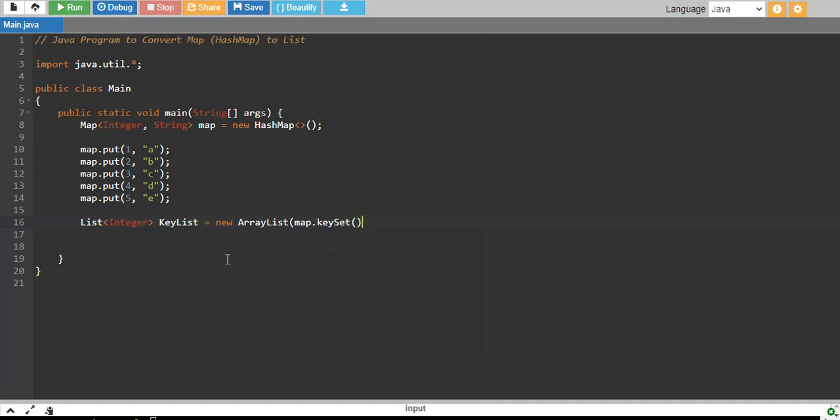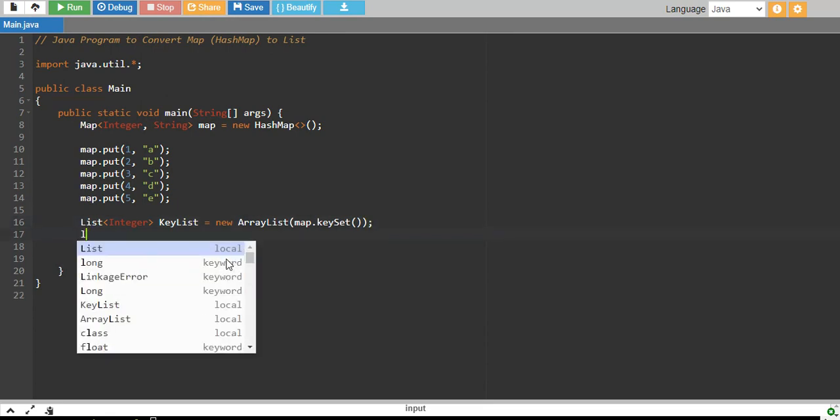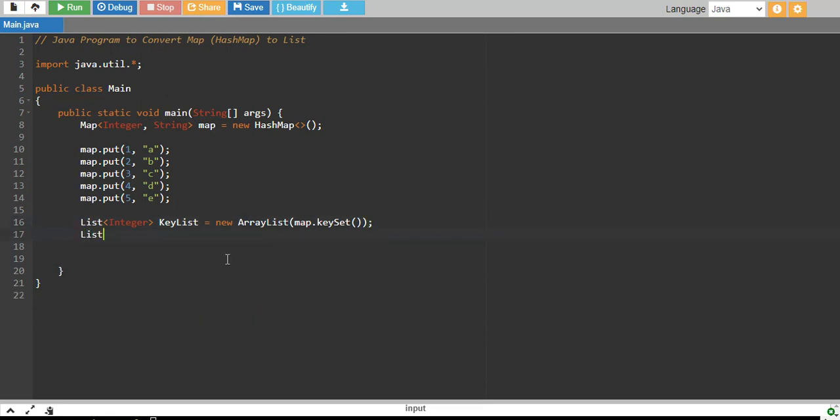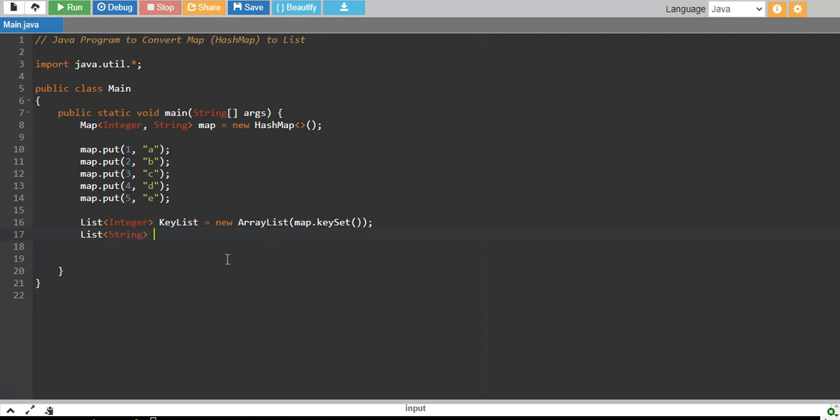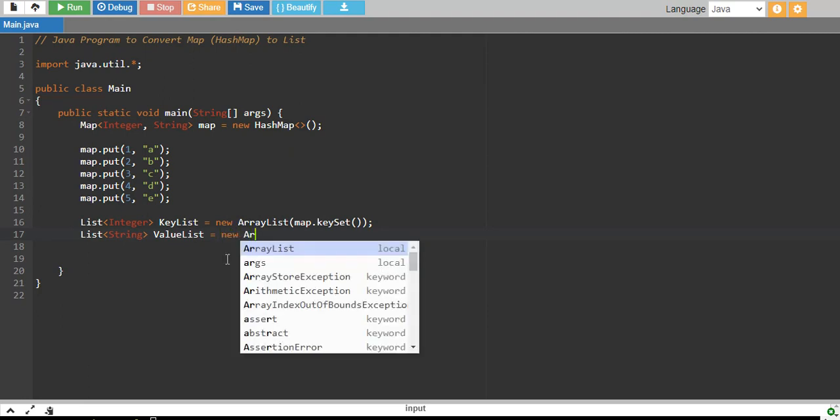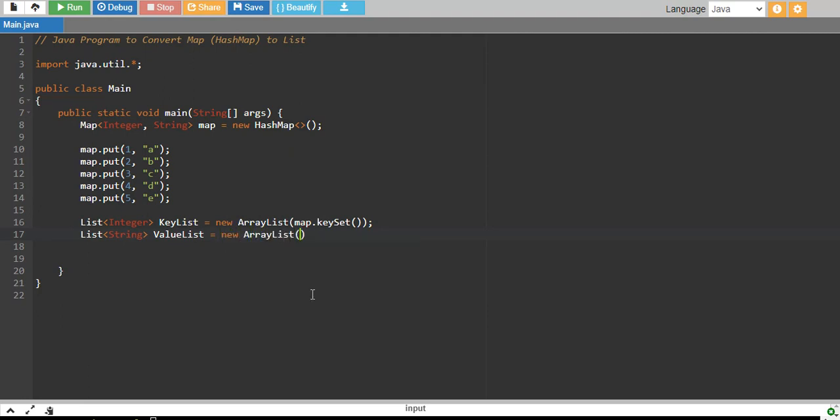Okay, this is list 1. Another list is our string list, which is basically our value list. Okay, this is new array list, and inside this I say map dot values.